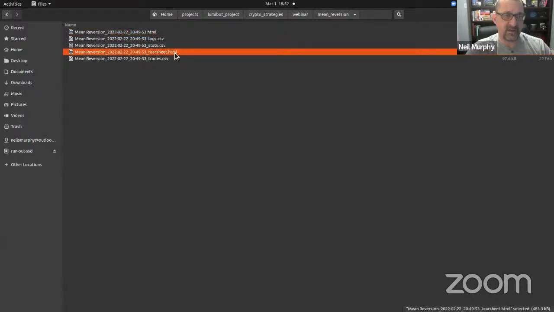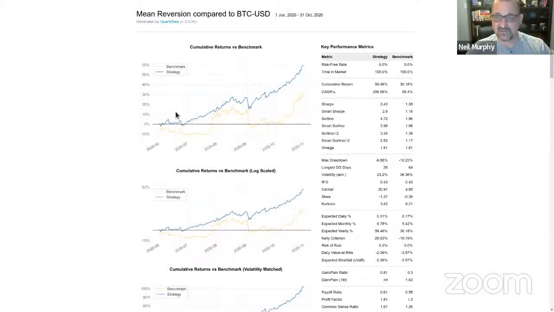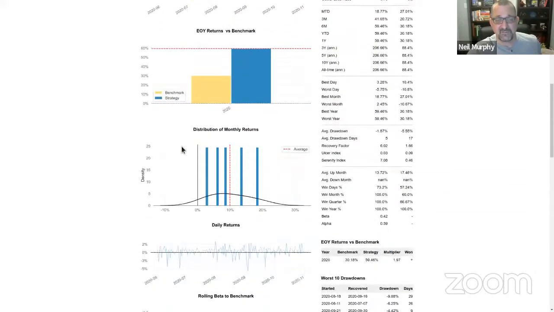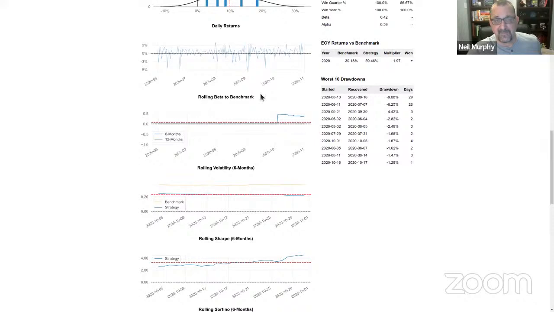And then the other one that I wanted to show you, you can see this okay, Rob? Okay, great. This one that I wanted to show you here, you'll get at the end of every backtest that you do as well. It's going to have a massive amount of information that can help you analyze whether it's doing well or not. I'm not going to spend a lot of time on it because it can get a bit technical, but basically you have your cumulative returns, your end of year returns, monthly distributions. This is a short one, so it doesn't have it, but with longer tests,